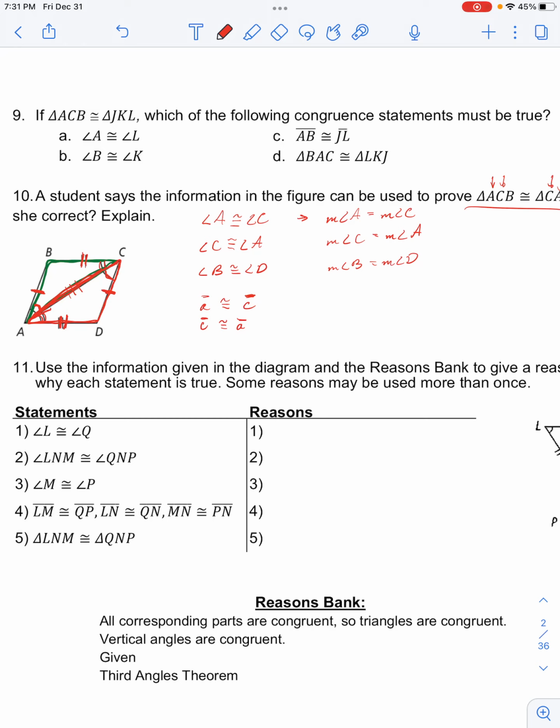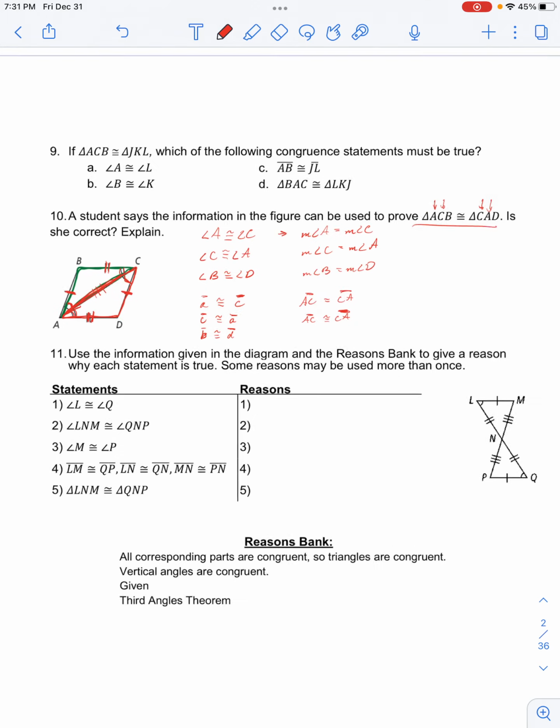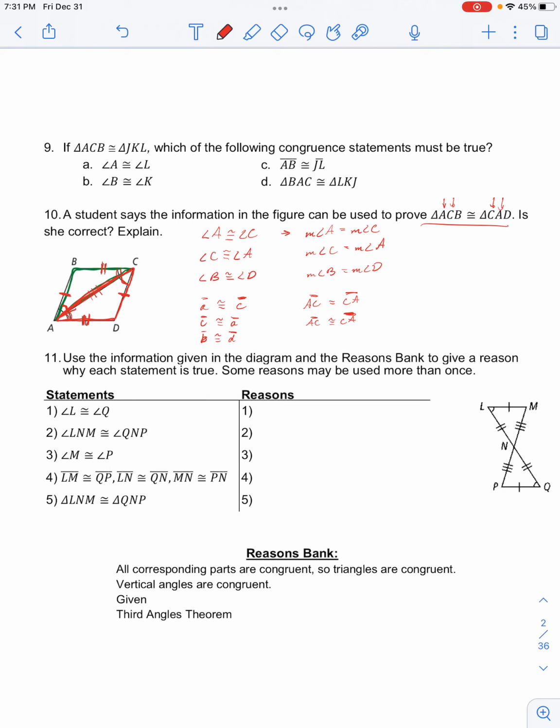So it has to be true that if segment AC is, first of all, equal in measure to side CA, then it would follow that side AC is congruent to side CA, and if we use just a different notation, then that would be side B is congruent to side D. And so we can say that using the information in the figure, we have proved that triangles ACB and CAD are